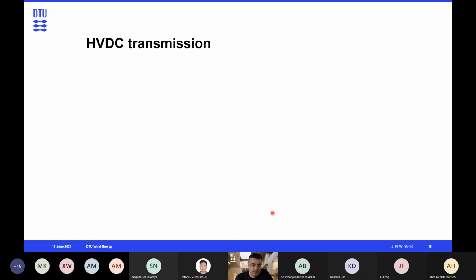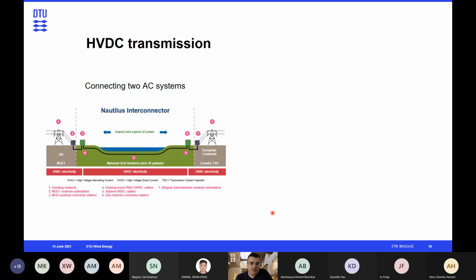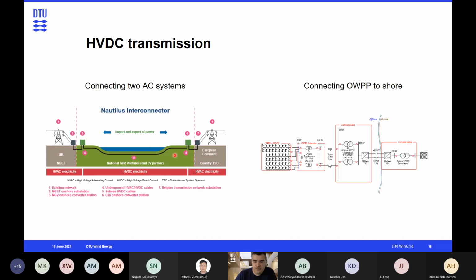So, if we stay a bit now with the HVDC transmission, we have typically two main uses for HVDC transmission today. One is as an interconnector, so connecting two AC systems. This is a connection between the UK and Belgium, the Nautilus one, and you have the AC system, the UK one and the Belgian one, and then we have again the substations, which in this case are both onshore, and then the DC cable between them. So we use HVDC connections for interconnecting two AC areas,